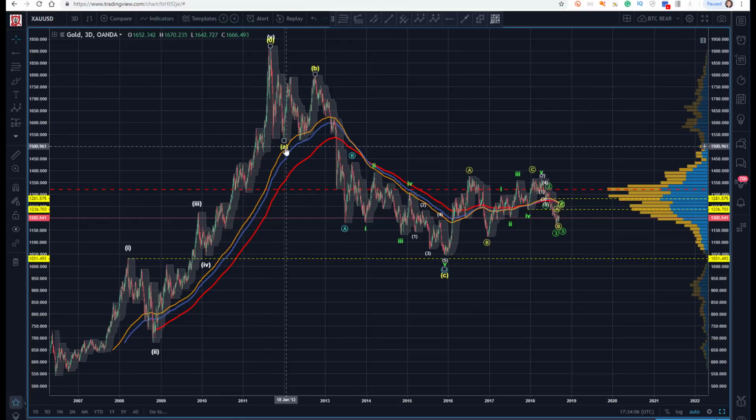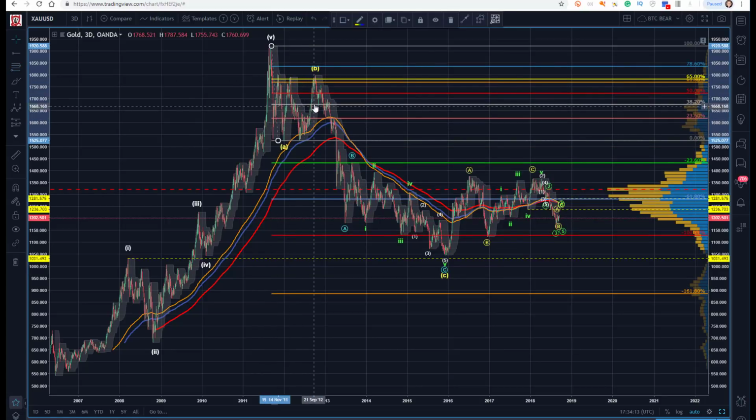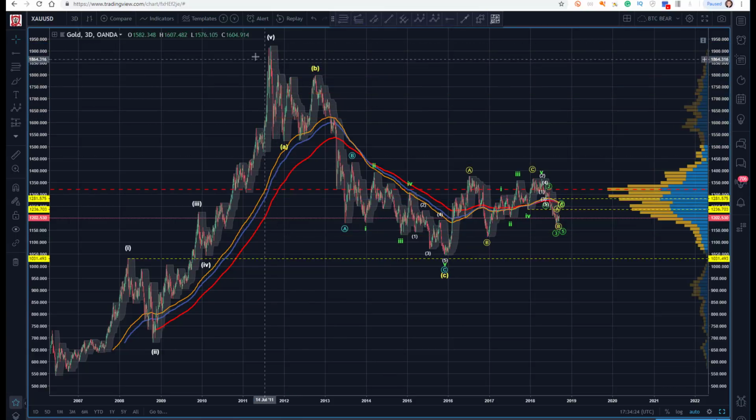It looks to me like we get an A, B, C into a B. This is fairly technical. We're looking for a B anywhere from the 50 to the 786. We get double wicks through the 6-5, but down we come, and we just blow right through first target, ultimately get third target, and even through that. So looking at where we are,